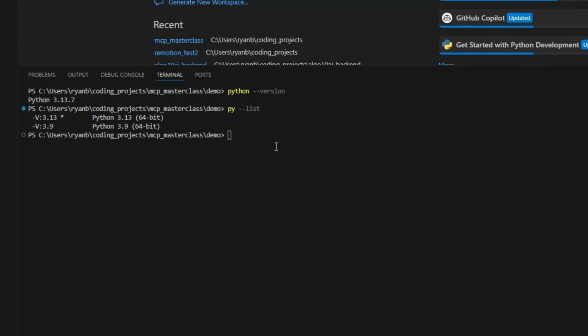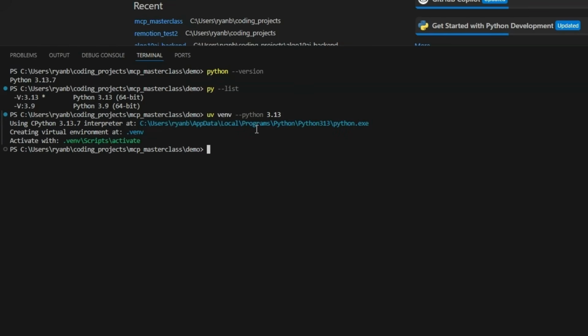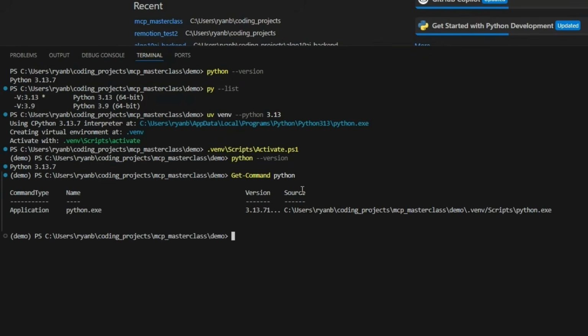Now, I'm creating the virtual environment for this project. This time, I'm telling UV exactly which interpreter to use, so the environment matches my installed Python 3.13. Now, I'm activating the virtual environment, so everything I install stays isolated to this project. And now I'm verifying the active environment, that it's using Python 3.13 and that the interpreter path points to